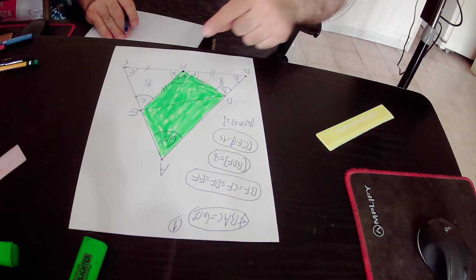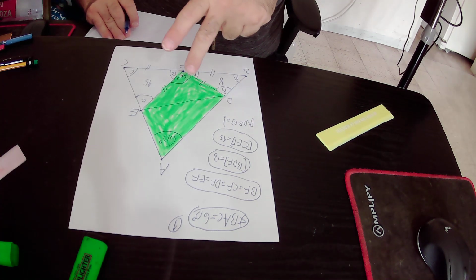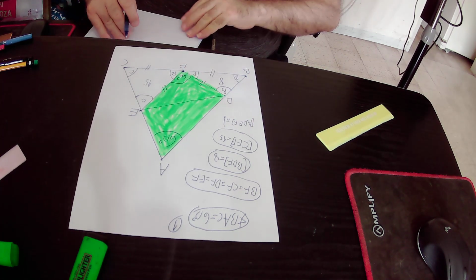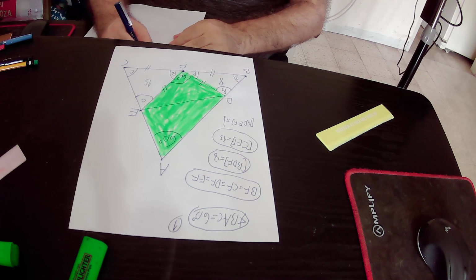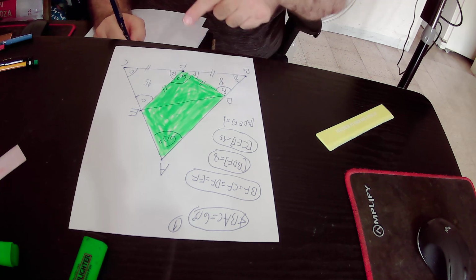Okay, and we focus on triangle DFE. In triangle DFE, the green triangle,